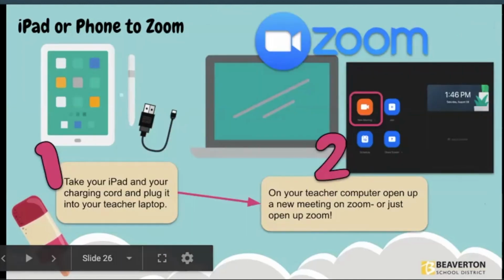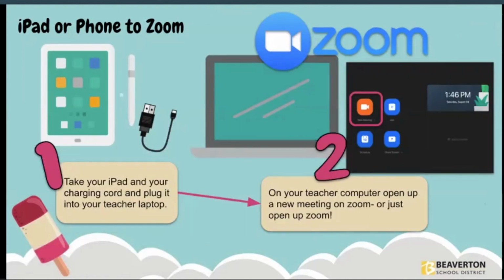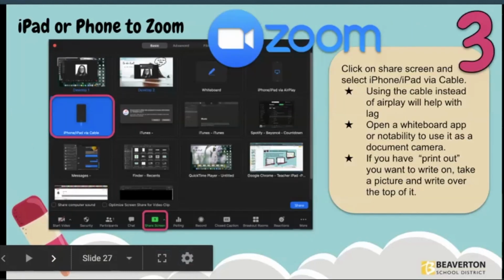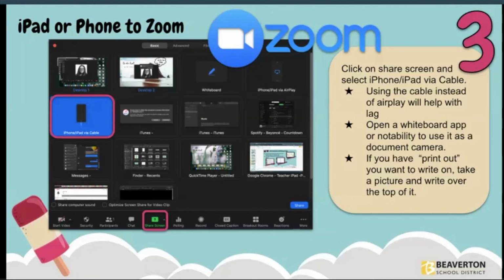So this is still sharing your screen. So if you have your own iPad, all you need is your iPad and your charging cable. So exactly what you would use to power it up. You're going to take that, plug it into your iPad, and plug it into your laptop, you know, with the USB piece. And then when you launch your Zoom, you're going to click on the share screen, and then you're going to,